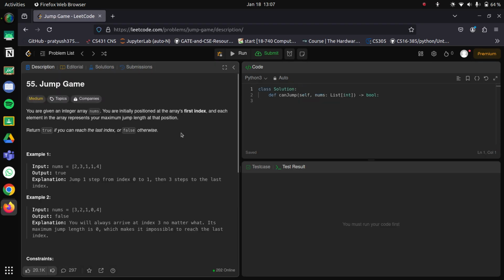Okay, once again, wait, what? Oh, it's a different thing. So you are given an integer array nums. You are initially positioned at the array's first index, and each element in the array represents your maximum jump length at that position. Okay, sure. So you are at some index, and then you can jump to like 2 steps further. Return true if you can reach the last index, or false otherwise. So if you can reach the last index in that, yes,